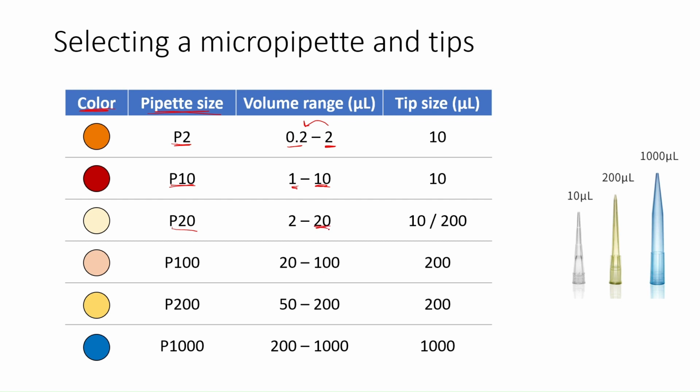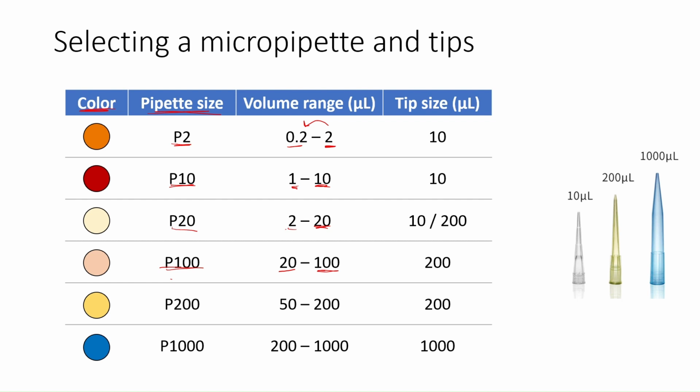Again, the maximum volume is 20 microliters, and you have that tenfold range down to 2. The next size up is your P100. That one is often labeled in a sort of light pink or pale orange. Maximum volume 100 microliters. But here the range is actually a little bit smaller. It's only a 5-fold range. That goes down to 20. So be aware of that, which if you want to measure volumes in that range between 10 and 20, don't